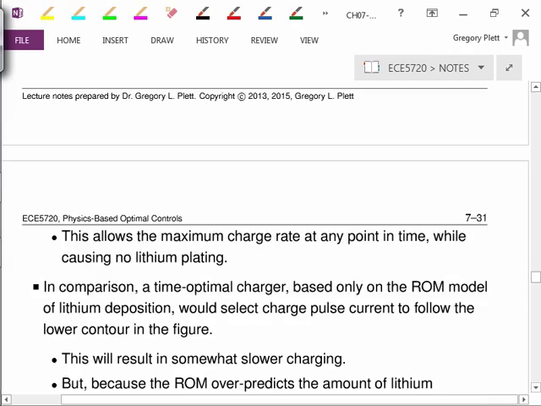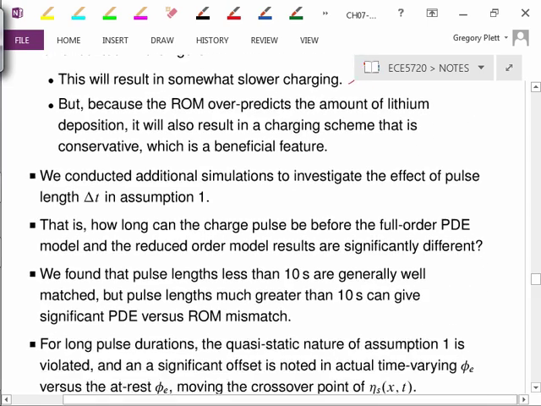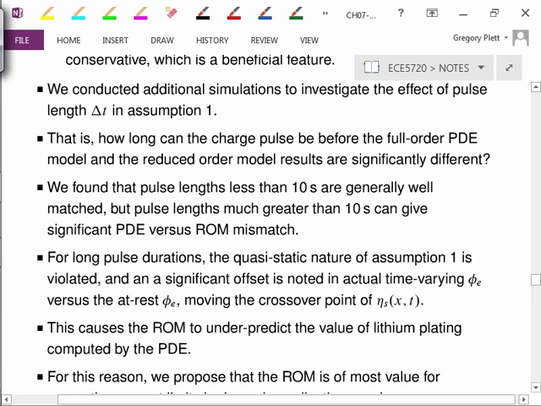And so we've talked about the time optimal charger based on the full order model, and based on the reduced order model, we'll have somewhat slower charging, but still much better than just using a standard constant current, constant voltage kind of charging methodology. We did some more simulations that were not just simple pulses, but longer length